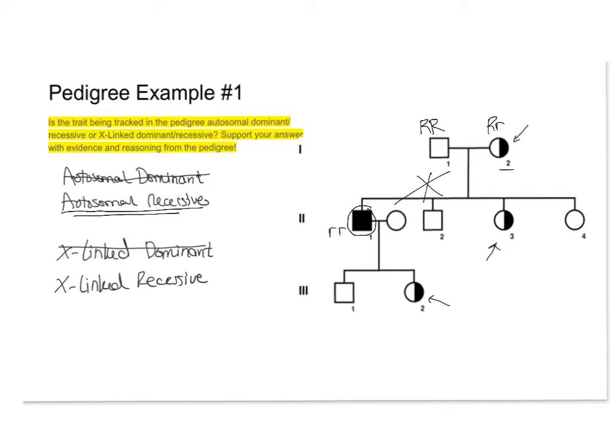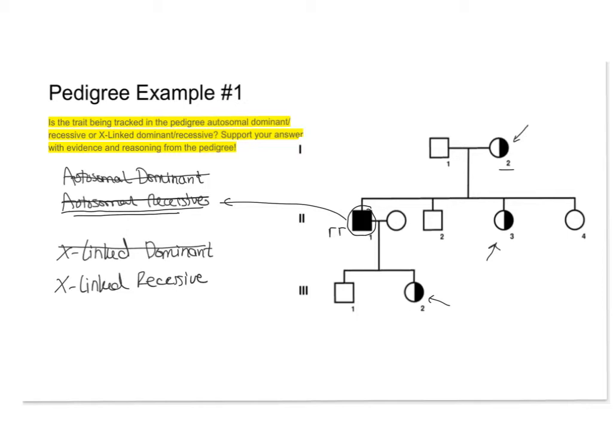So autosomal recessive is eliminated as a possible option because of what we see in individual 1 in generation 2. Okay, then that leaves X-linked recessive as our only option. Let's just make sure that that actually works. And so if we take, for example,